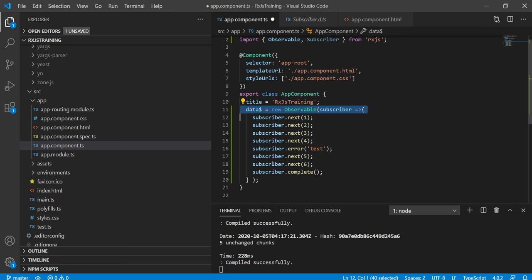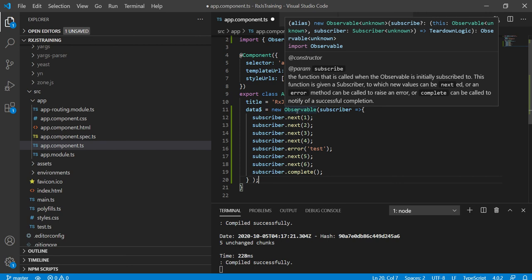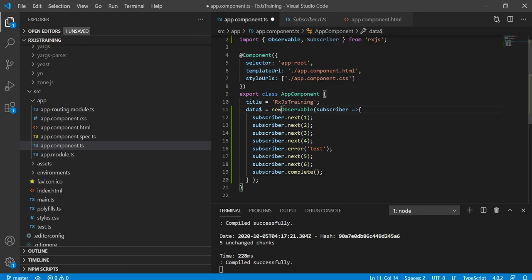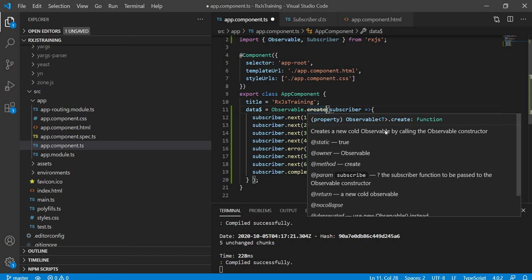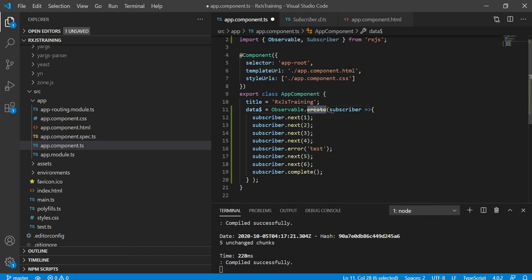Instead of creating the observable with the constructor, we can create the observable with the create static function also. Observable.create. We can use this, but it is deprecated. So let me remove this.